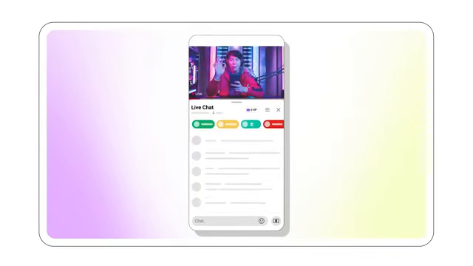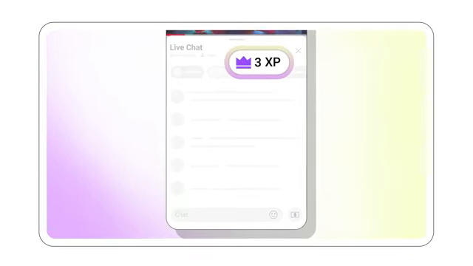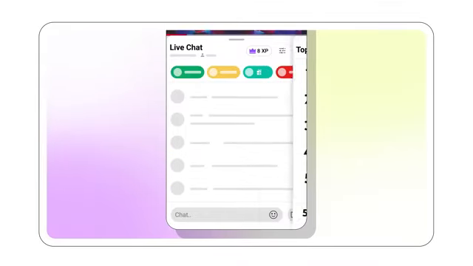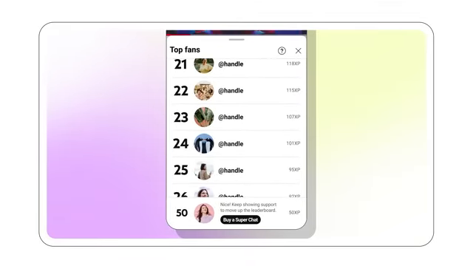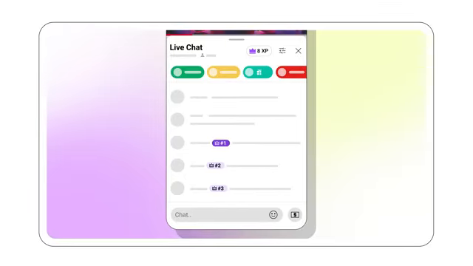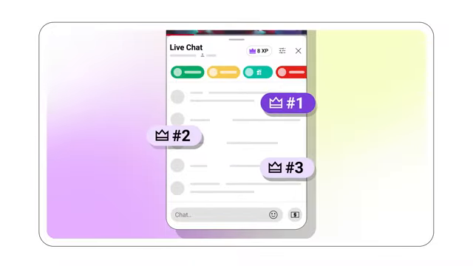Viewers will see a crown icon at the top of the chat, which updates as they earn points. Clicking this icon takes them directly to the leaderboard, where they can see the top 50 engaged viewers. The top 3 viewers on the leaderboard will even earn a temporary badge that appears next to their name in the live chat. We hope this feature helps you easily recognize your top fans, spark support naturally, and drive more